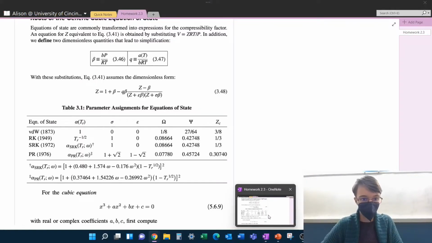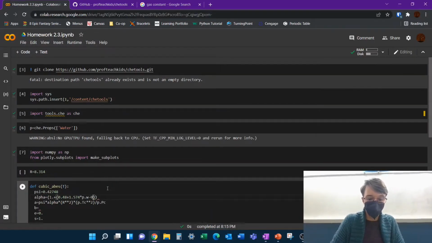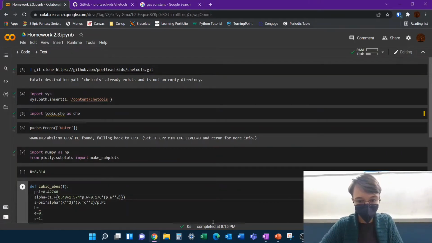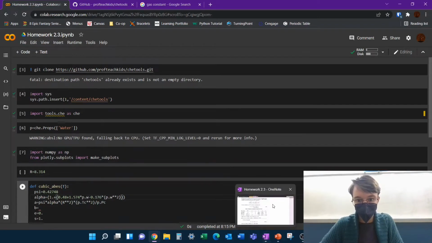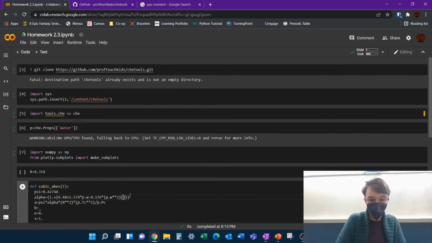and then minus 0.176 omega squared, so minus 0.176 times P dot W squared, right, and then we have, alright, close parentheses, and then parentheses 1 minus TR to the 1/2, so we'll have